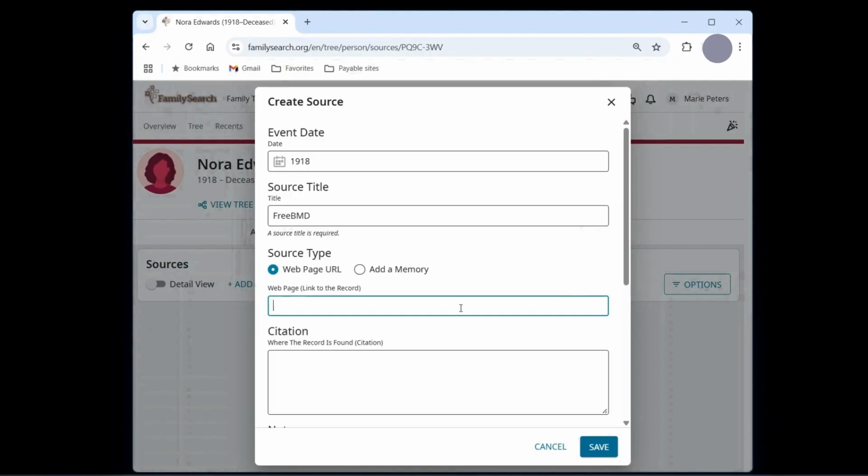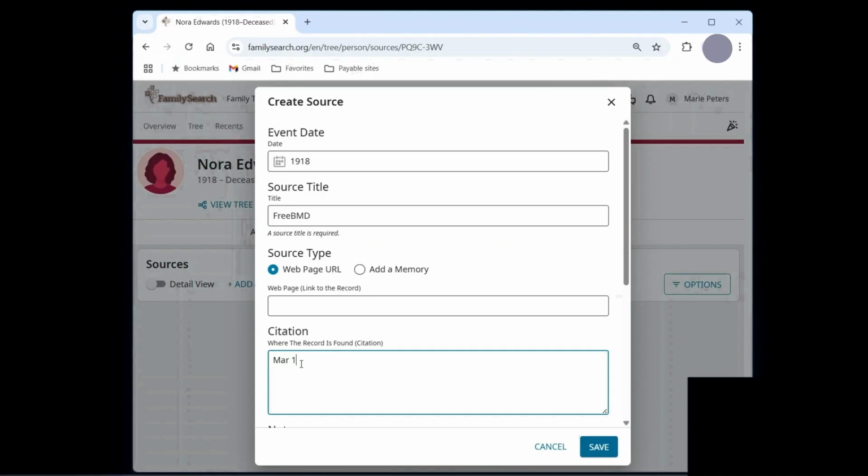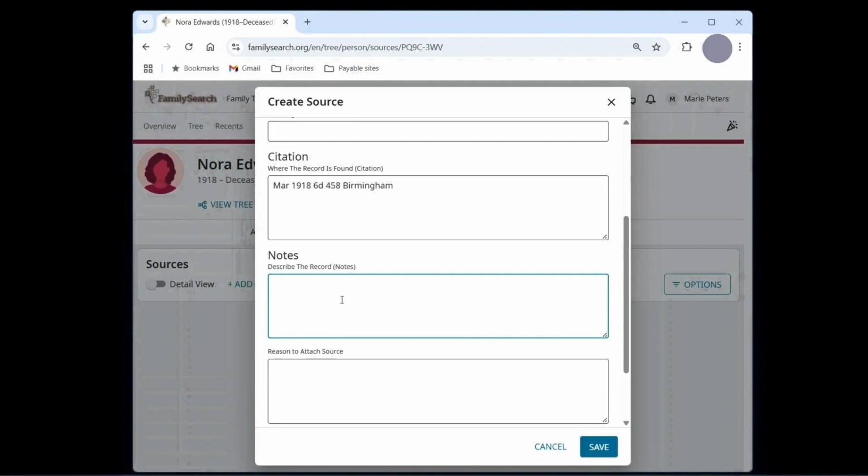She could include a direct link to the FreeBMD page, but for now she just writes a note. March 1918 Birmingham, 6D 458. You can also add notes to remind yourself of actions to take, like looking up census records or confirming details